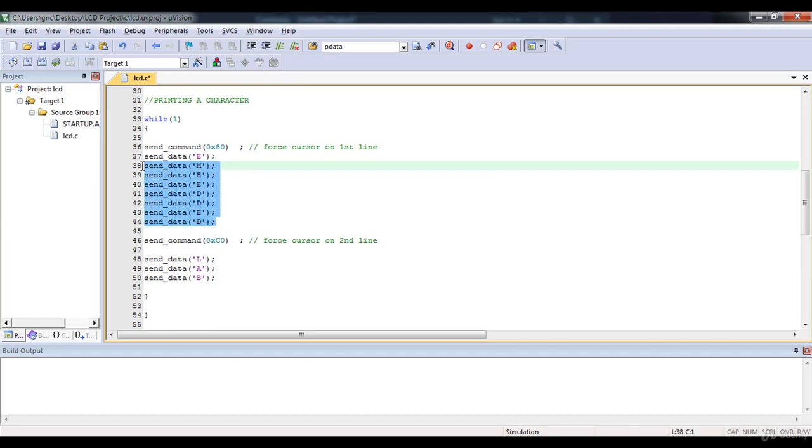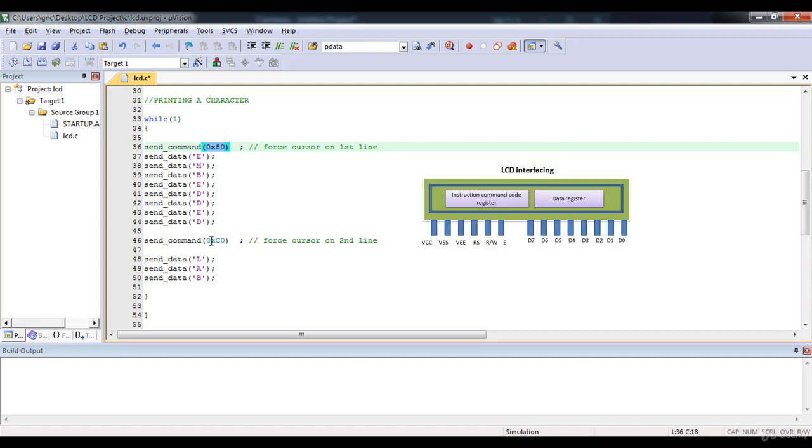Then we want to display the words "embedded lab" on LCD screen. The command 0x80 means we are forcing cursor to first line. Send command 0xC0 means force cursor to second line.